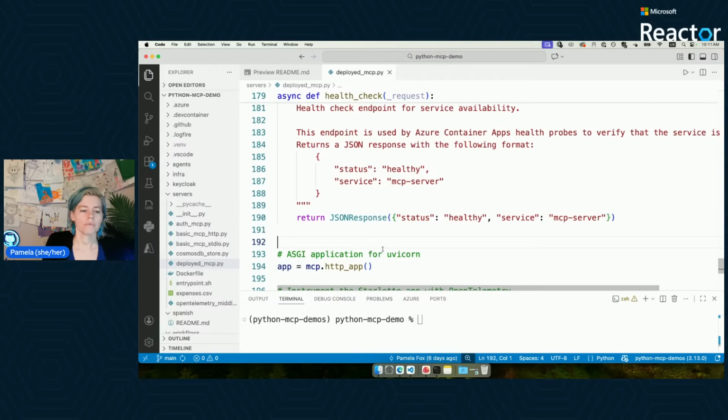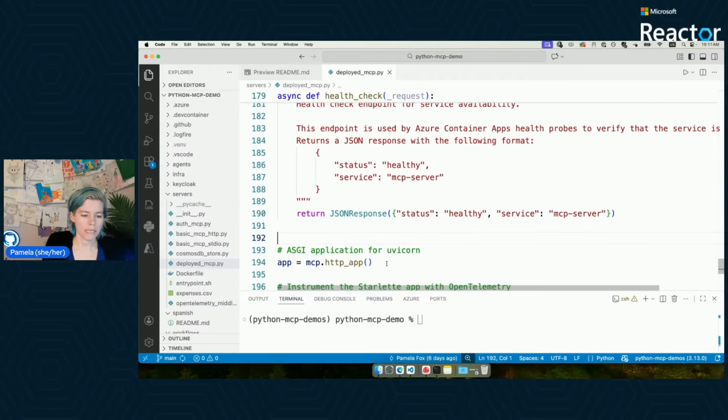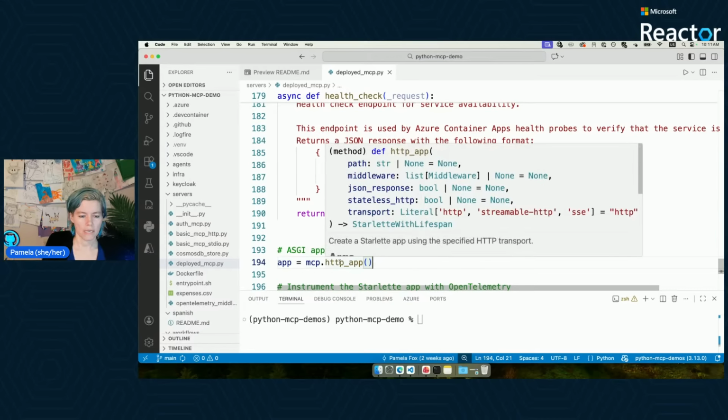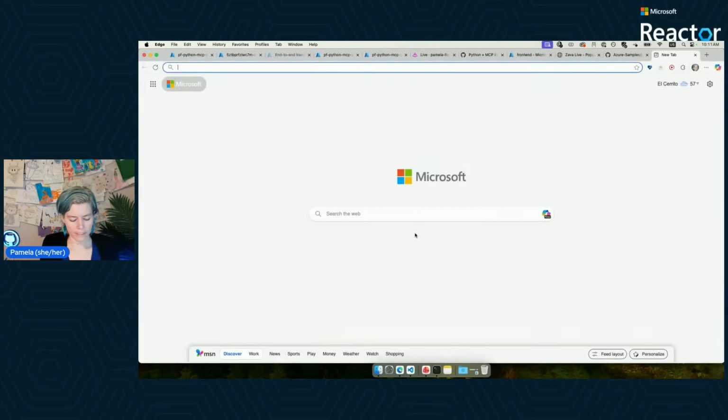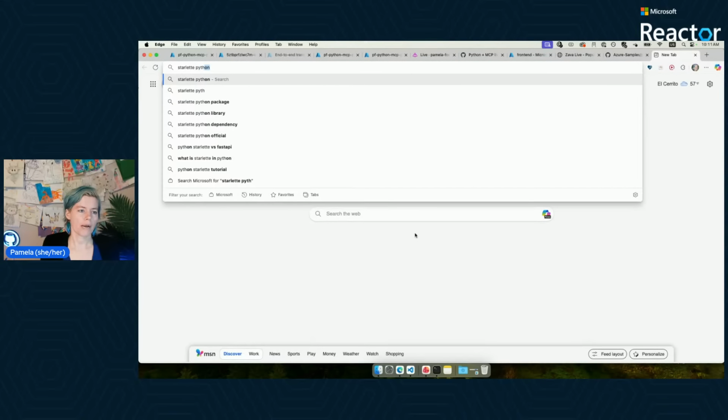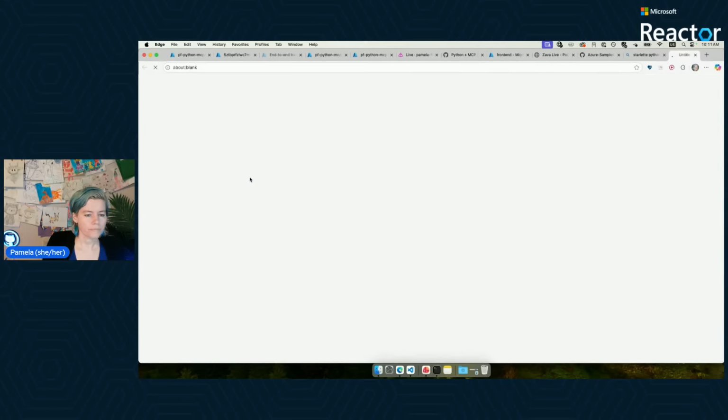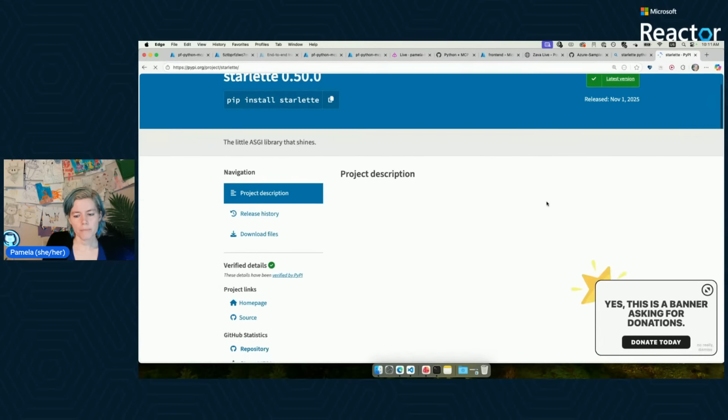All right, so the important thing here is where we say, give me the HTTP app for this FastMCP instance. What this does is return a Starlette application. Now, if you haven't heard of Starlette, and most people actually haven't, it's incredibly popular, but most people don't realize they're using it. Starlette is a Python framework